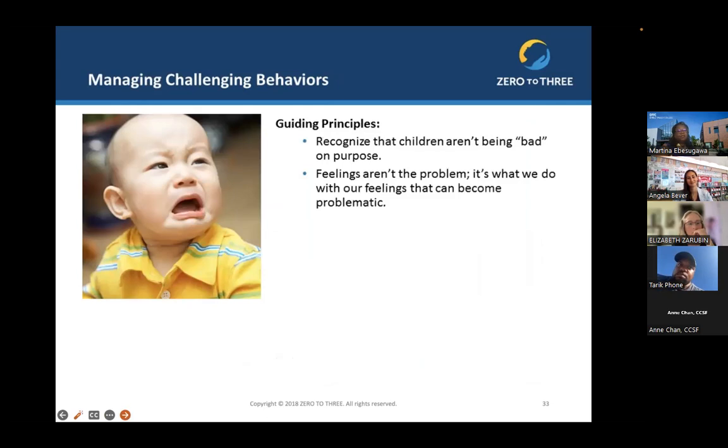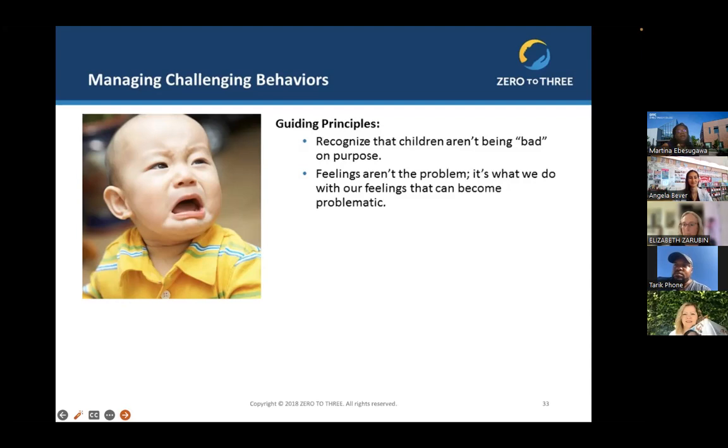The other thing that's important to know is that managing challenging behaviors is guided by recognizing that children are not bad on purpose. And so I really try to encourage teachers to not think about children from a moral point of view when they're thinking about behavior. A lot of times we want to think about, is a child good or bad? We like to give them goodie marks or stars, or sometimes you give them stickers. But these are not ways of coping with children's behaviors. If we think about children are trying to communicate to us and that their behavior has meaning, then we're more inclined to want to be responsive to them.